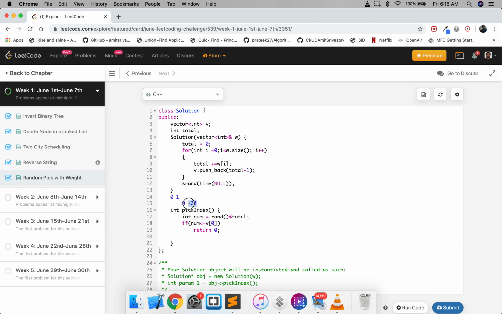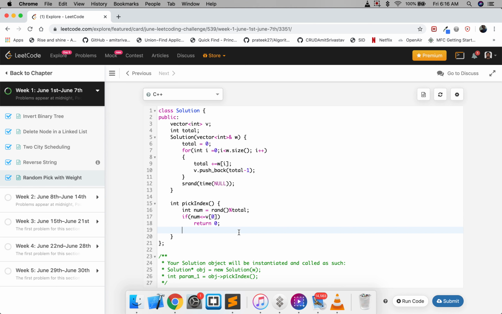So you see the probability of generating index 1 is higher compared to the probability of generating index 0, because the weight of index 0 is less. Although we are using the random function, we still have it proportional to the value of the weight at that particular index. So this is how we are going to solve this problem, or this is the approach we have taken. So now